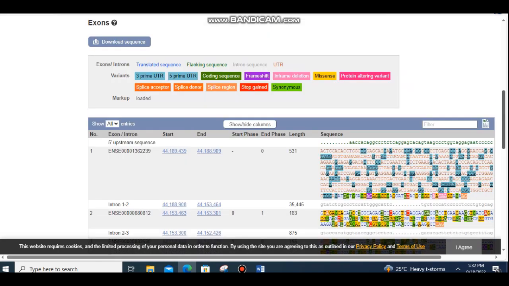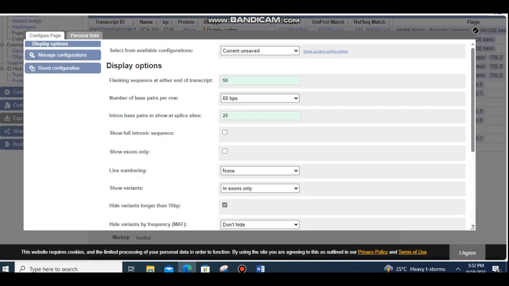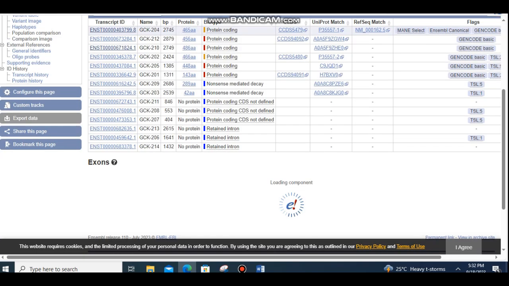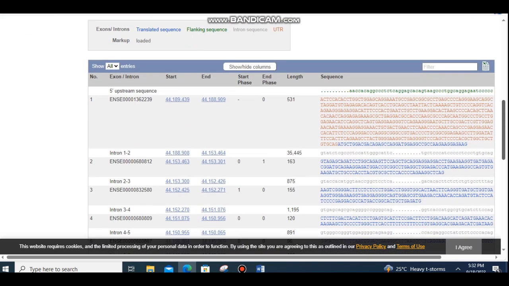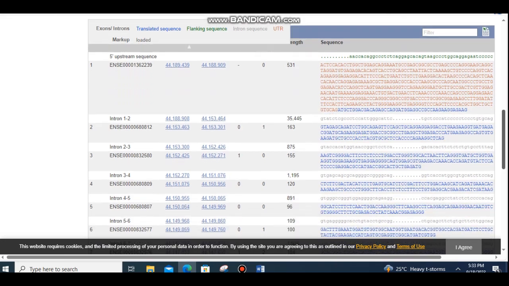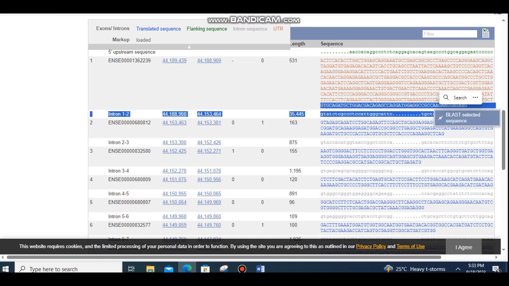But we are just interested in retrieving the coding sequence, so we don't need these SNPs in the nucleotides. So we will select no and close this page. And now we will get the sequence of the gene without the variants. Now we have to copy, or retrieve, its coding sequence. As I mentioned earlier, the coding sequence always starts with the start codon, which is ATG. Now copy this part of the first exon